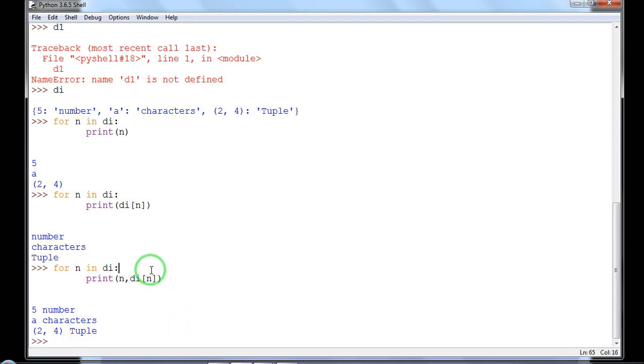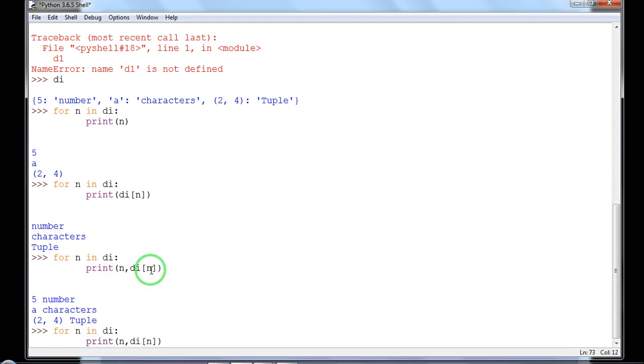If you want to display it in a more proper manner, you can specify over here key equal to, and then this is the key, and values equal to. Whatever you write within double quotes will be displayed as it is when you are using the print command.